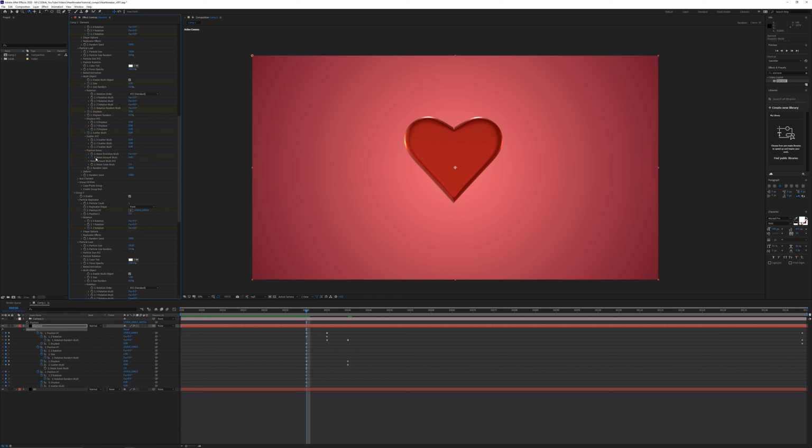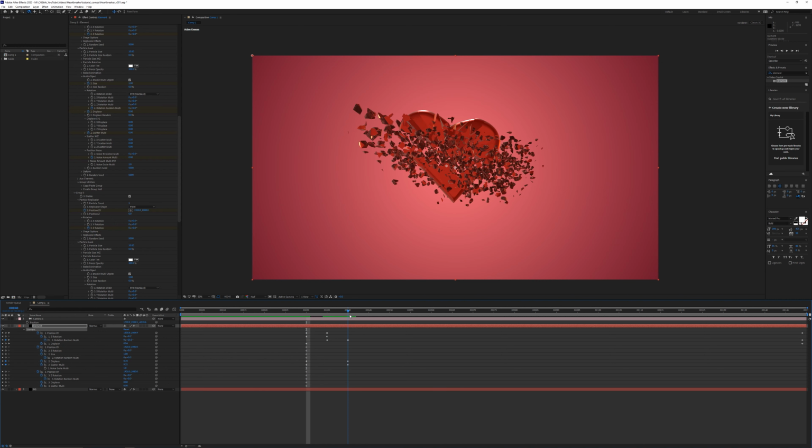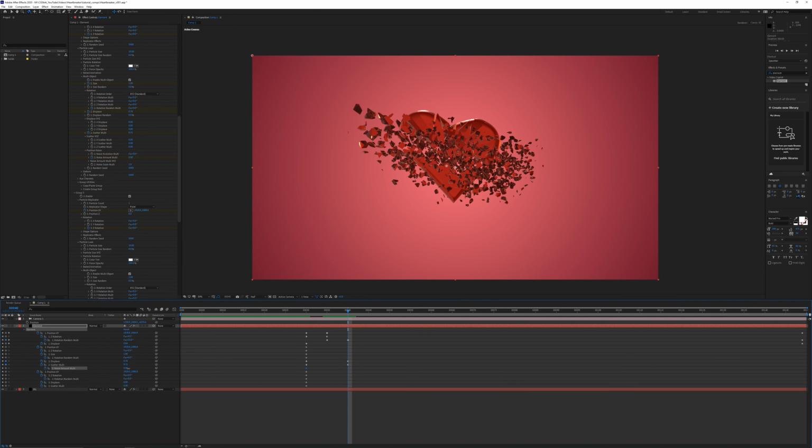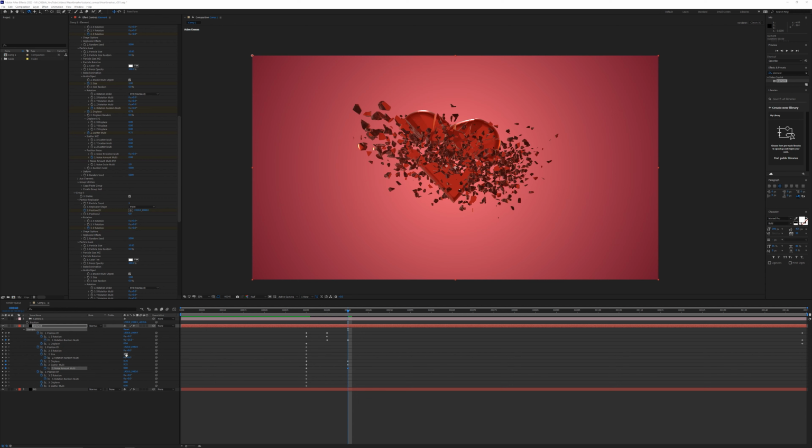So start that at 0, then go forward to frame 40 and just increase that very, very slightly. So click U again twice to refresh the animated channels. And then we're just going to increase that to something like 0.08 or so. Increase that a little bit. We're also going to lower the size of the particle because they're very, very large. So we're just going to make them get smaller so they're not going to turn into a blurry mess when we add some depth of field.